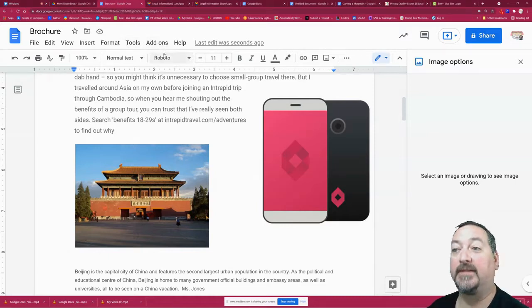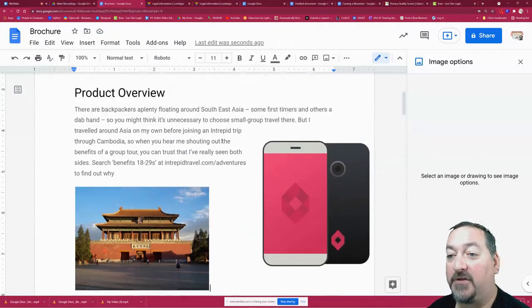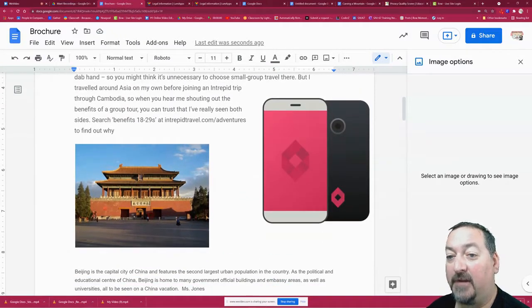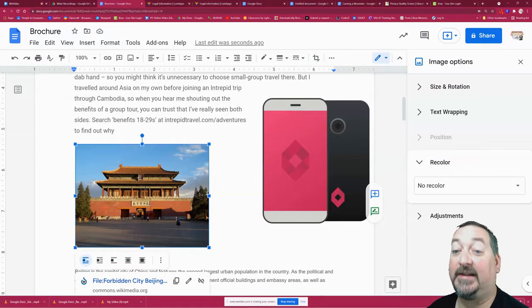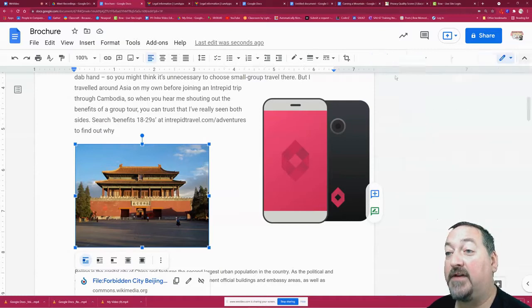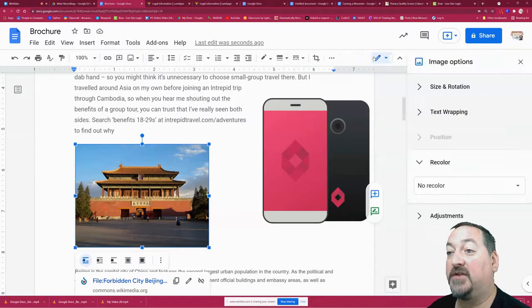Today we're going to look at some of the editing options that you have for images inside of your Google Doc. In my Google Doc here, I have a couple pictures that I wanted to showcase to you. And the first thing you need to do is to select it. Once you select that picture by clicking on it, you will open up some image options over on the right. If it doesn't automatically open for you, the button is right here, image options, and it'll get you back to